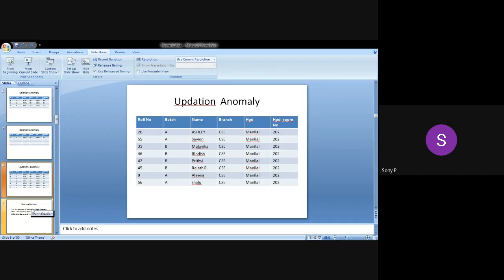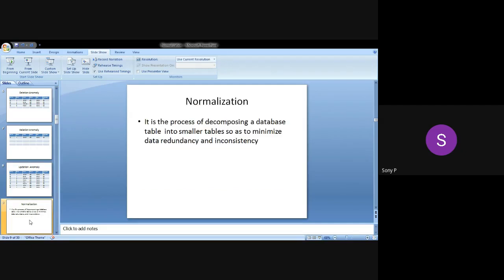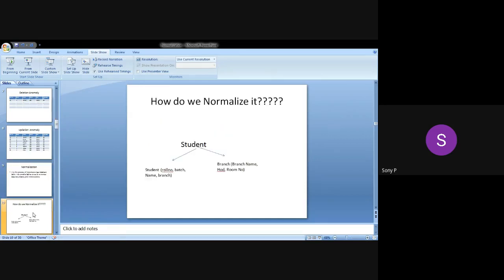Then how can we avoid these anomalies? By using the normalization process, we can avoid it. It is the process of decomposing a database table into smaller tables so as to minimize data redundancy and inconsistency. This is the exam definition. How do you normalize it?